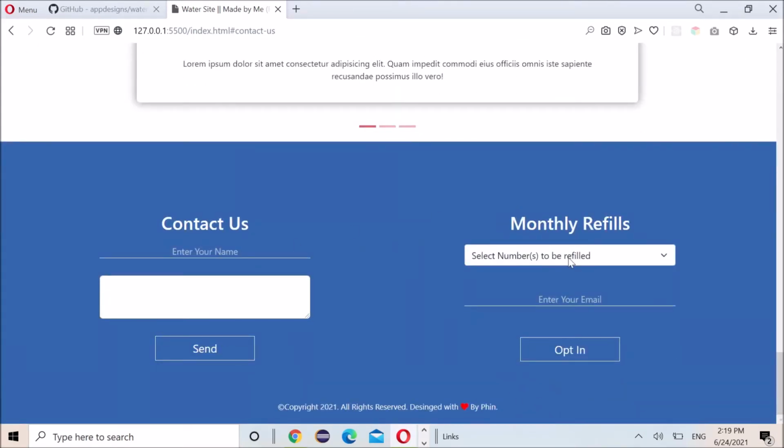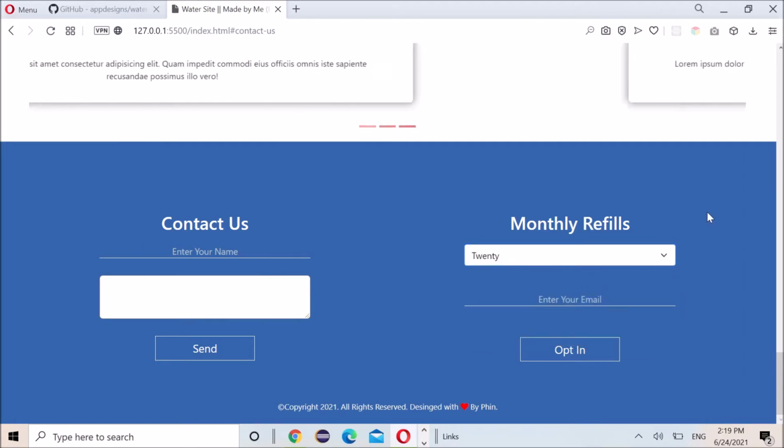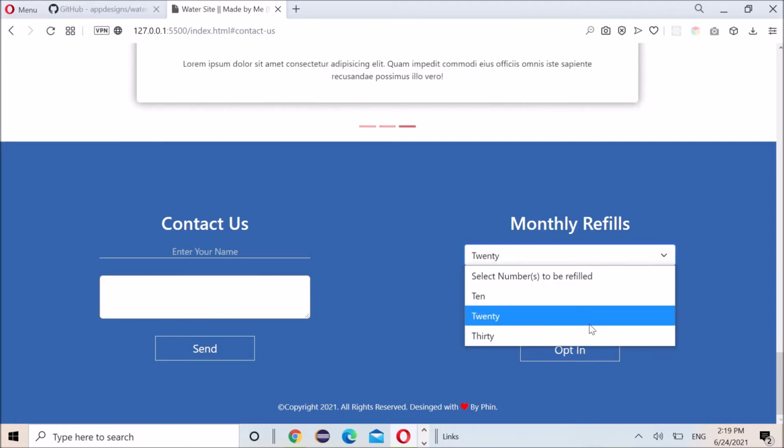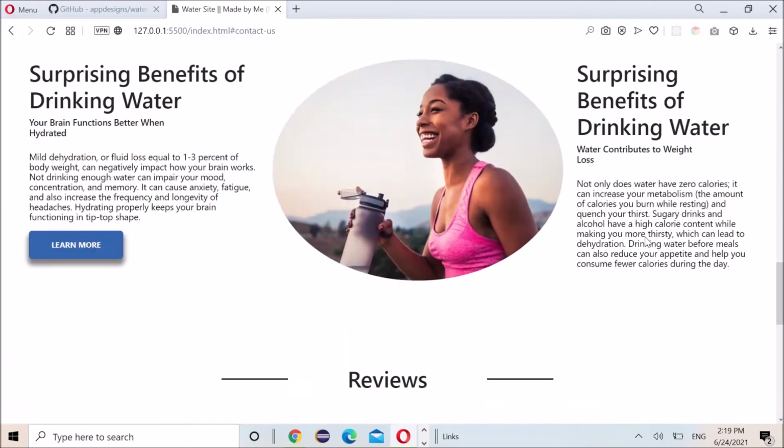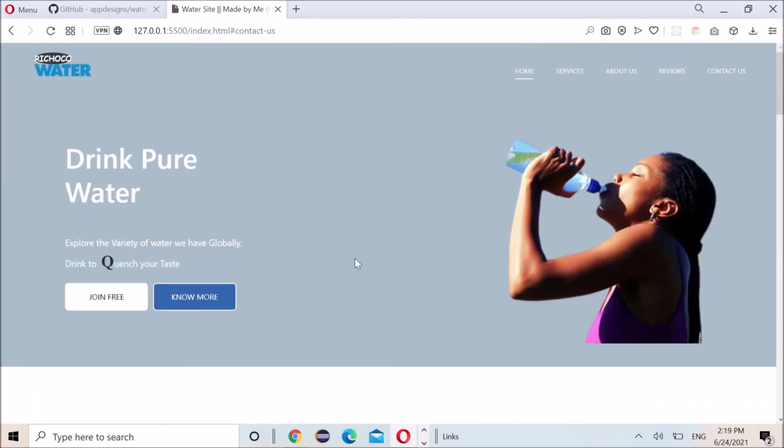And also, as this is a website for a company, of course, some customers would like to get monthly refills, right? Whereby they receive it on a monthly basis. So let's say maybe a customer wants like 30, they can also enter their email and then opt in. So yeah, this is it, and it's fairly relatively straightforward, and like I said before, I like to work on this, so let's just start